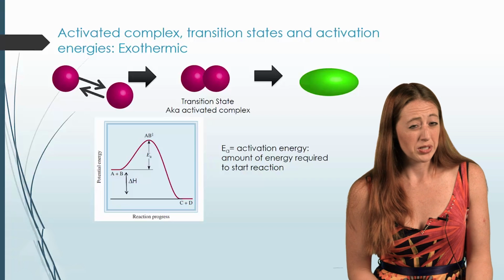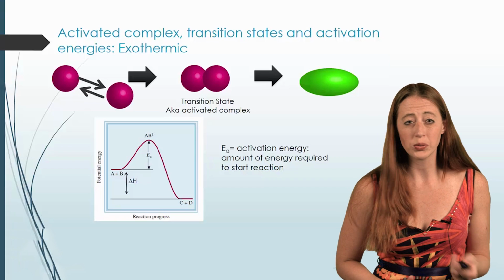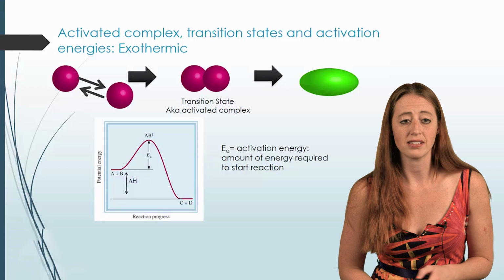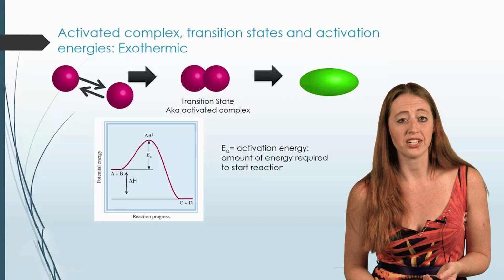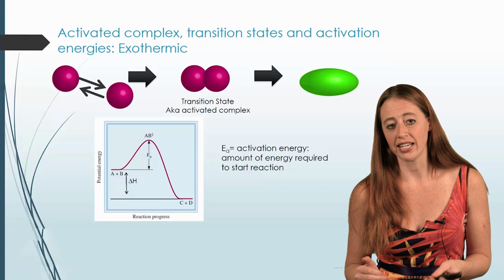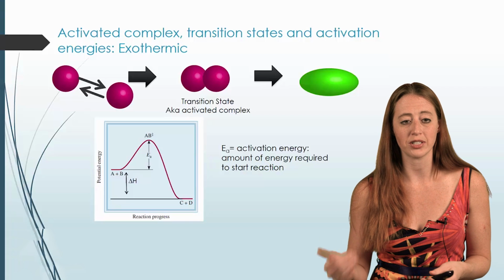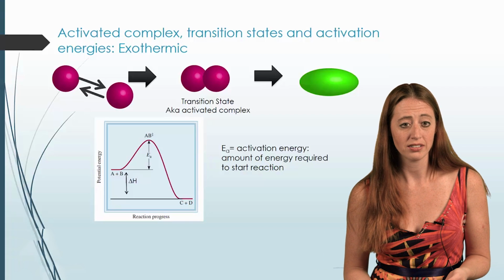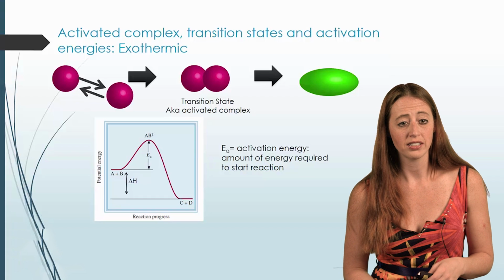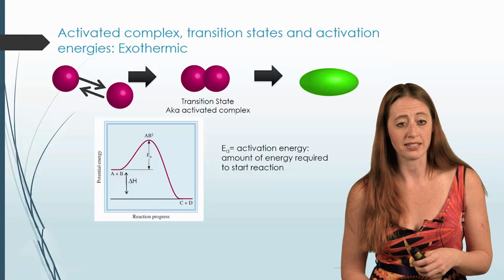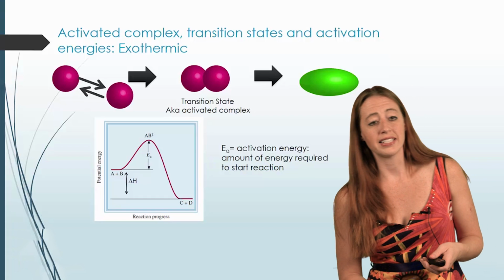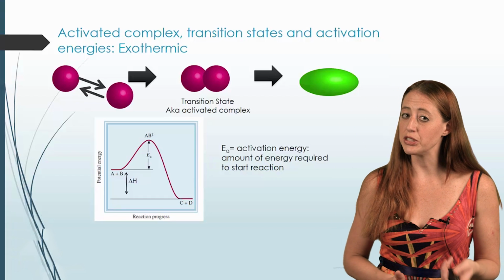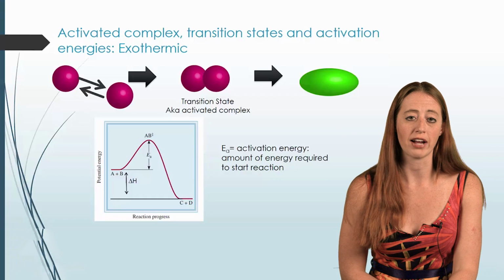Now, there's one other thing that we should discuss in here, and you already have this from previous chapters, but if you look at the delta H. So just like before, the delta H is the difference between your reactants and your products. And in this case, it's an exothermic reaction. And so I have it drawn here, where you can see in between AB and CD. And that is your delta H. So nothing really new there, but I want to point it out on this graph